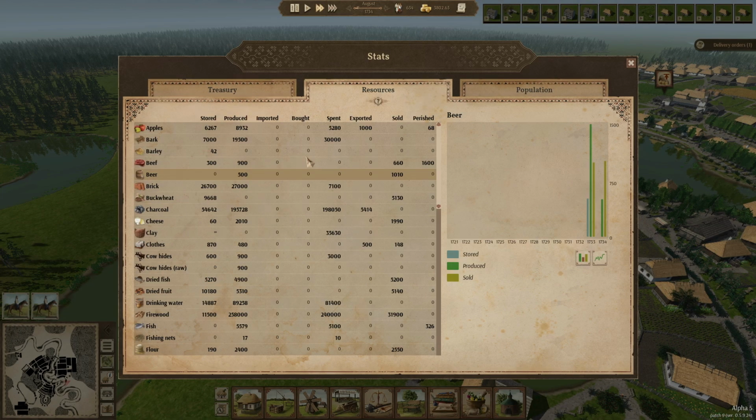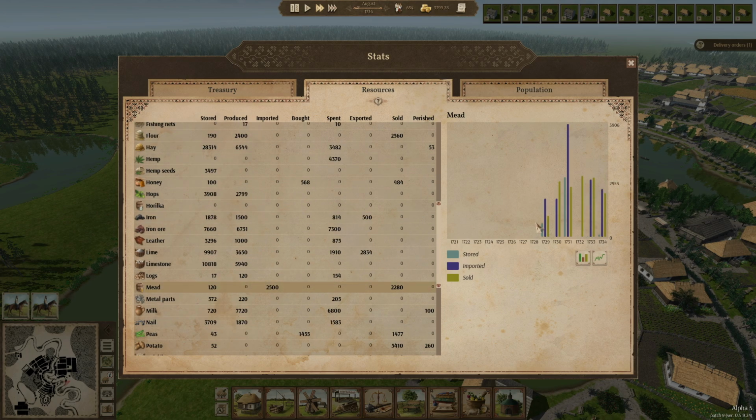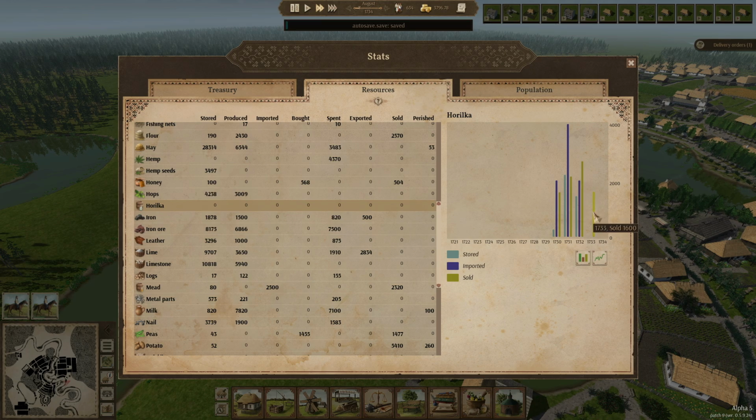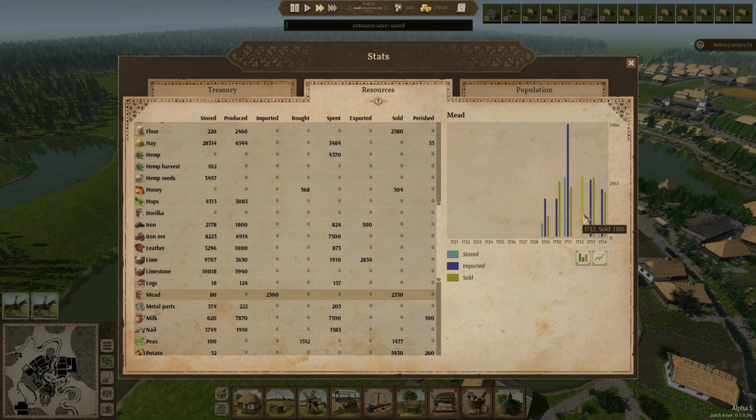If we count the numbers for the mead, let's go to the mead. Let's see. Last year we sold 3,100, and then we also had horilka, I believe. We imported quite a bit, sold. There's the yellow one. Let's do last year. We sold 1,600 horilka. This one 2,600, and then with the mead 3,100. Yeah, so I think we need around 5,000 or even a little bit more a year in terms of